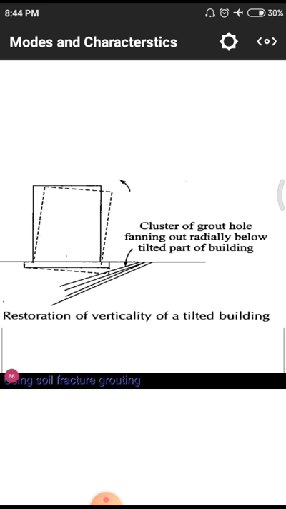Here also they are having some structure, that means the structure is simply swaying in one direction. To control the sway of a structure, they have to go for this kind of grouting technique below the foundation. We are having lines. Those lines are simply this grouted pipe, that means grouted portions. Those grouted portions simply give support conditions for controlling this sway of a structure. That means tilting and sway are similarly the same.